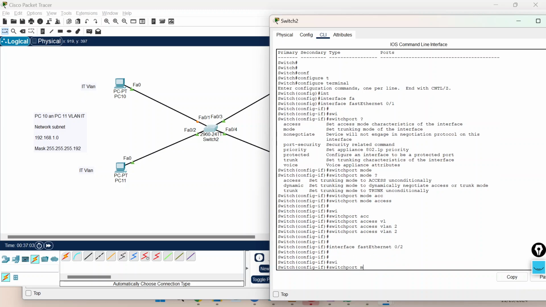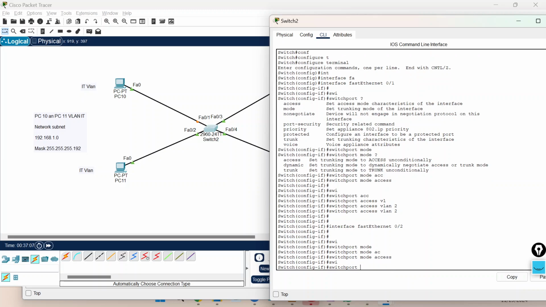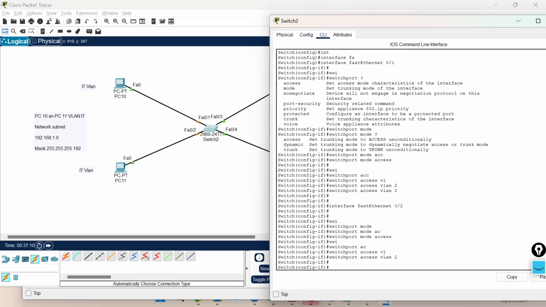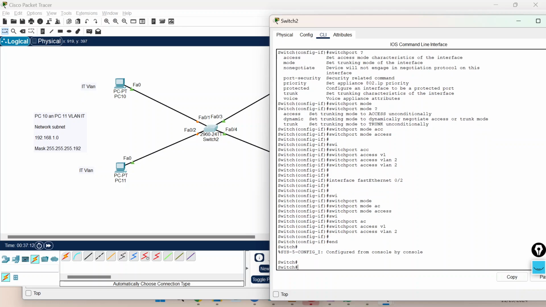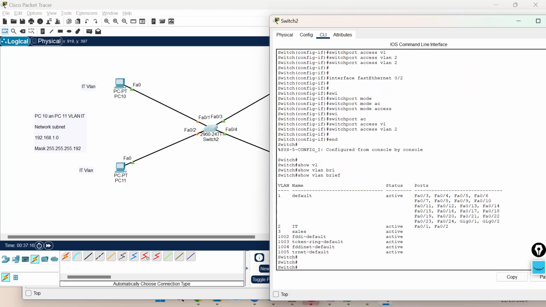Again switchport mode access means the type is access port, then switchport access VLAN 2. We have done it for VLAN 2. Now let's go again to show VLAN brief. You see now with IT I have two ports assigned, but with sales I have nothing assigned as of now. Let me assign it again.